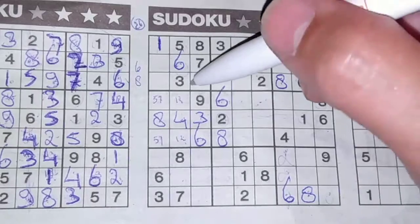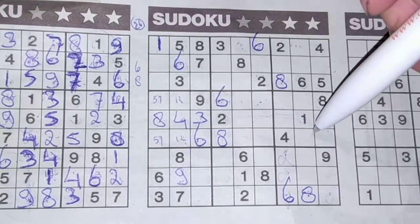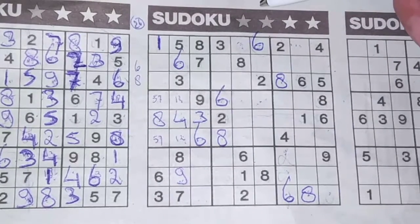For the number 9, 9 is missing, yes. Then we see here